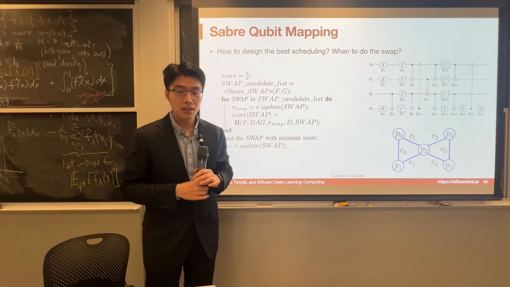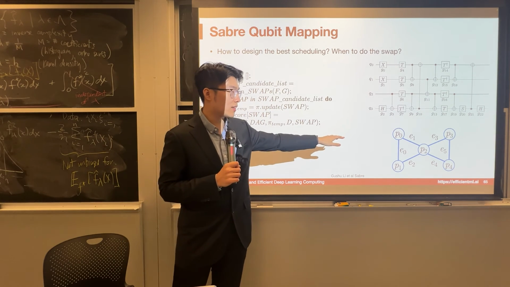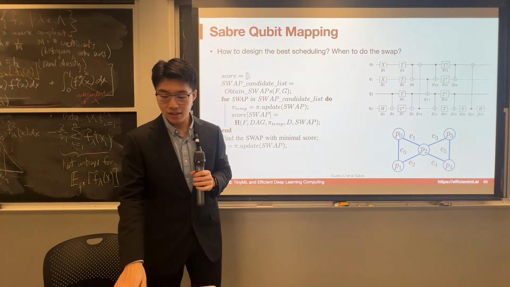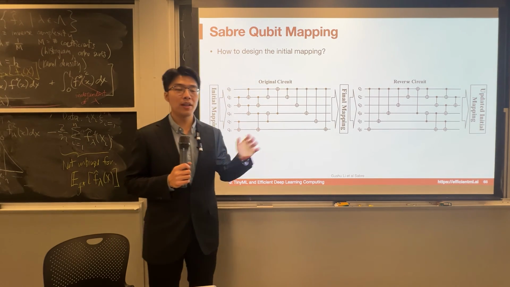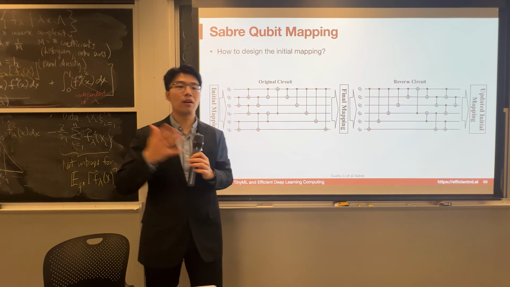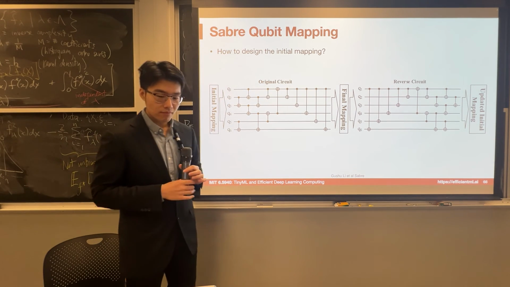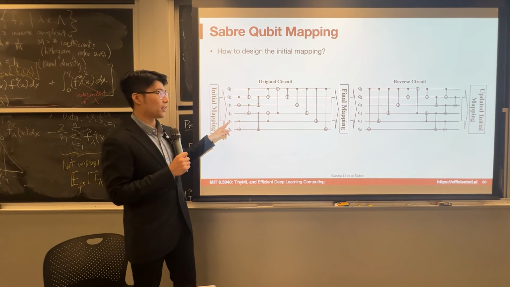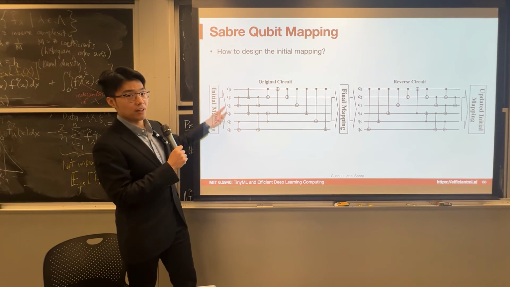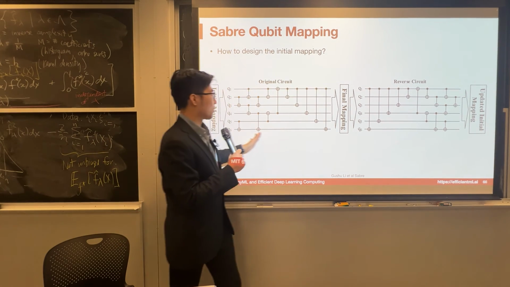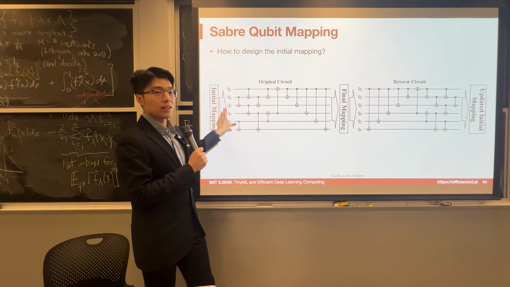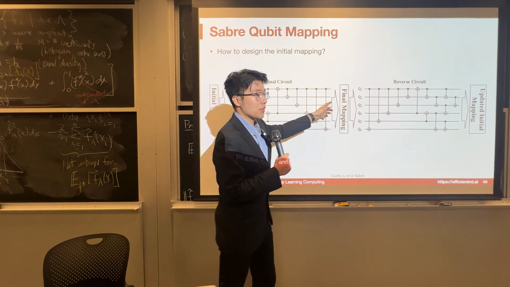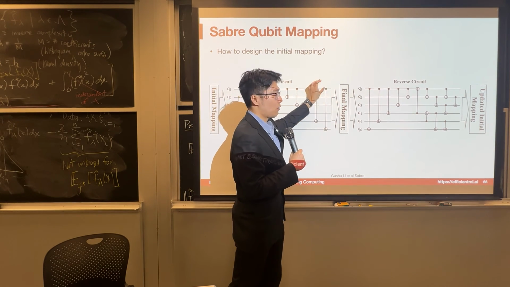But remember that the initial state for this is that we need to do the initial mapping randomly, right? But we found that sometimes the initial mapping is very important for the overall performance. So here is another follow-up technique to do the initial layout using SABRE. Say I have this initial mapping, and then I have this fancy quantum circuit with gates, and I can use the previous way to insert all the swaps, and then we obtain the final mapping, which says each qubit is on which physical one.